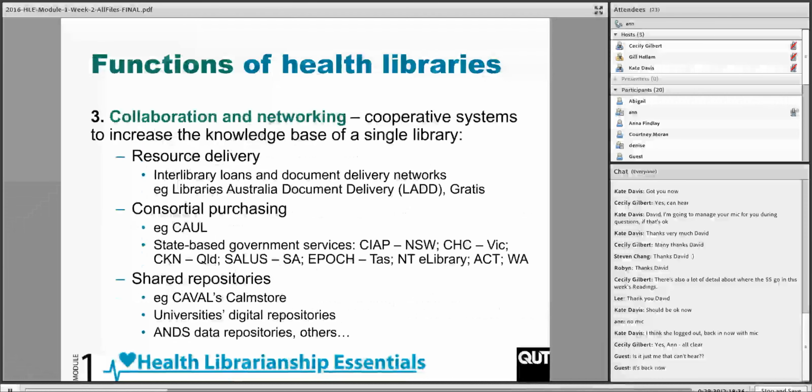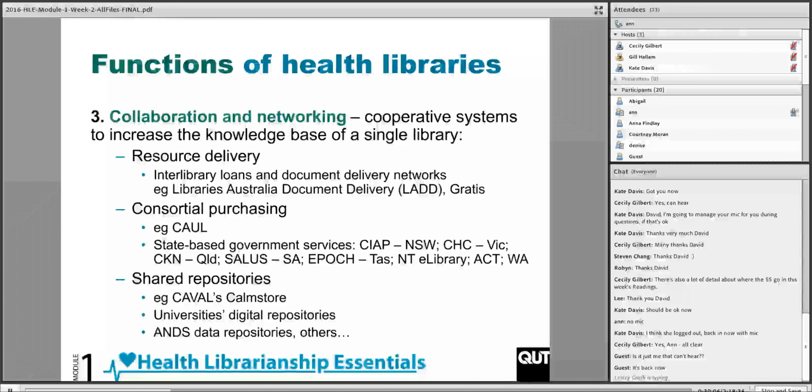Okay, next one. The third functional area is all about collaboration and networking, and I see this as extremely important. Sometimes libraries think that they can operate in isolation and do it all themselves. I'm aware of some collection development policies where a principal aim is to be self-sufficient in your collections. Well, those days have passed, and we all actually need to share, and we have some fantastic ways of sharing